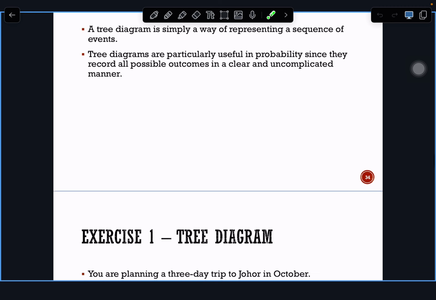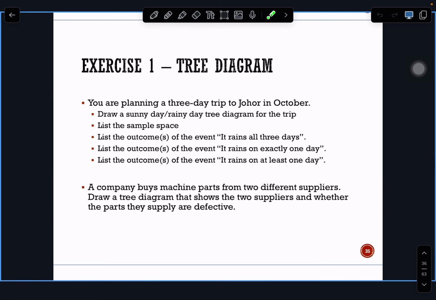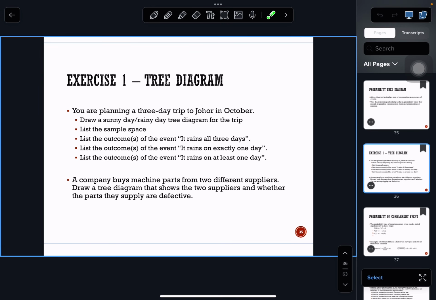Okay, so we have an exercise here, all right? We have two questions here. First one: you are planning a 3-day trip to Johor in October, right? Draw a sunny day, rainy day tree diagram for the trip. Can you try now? How many branches do we have and how many levels do we have? If you read these questions, if you're talking about levels and branches, guys,